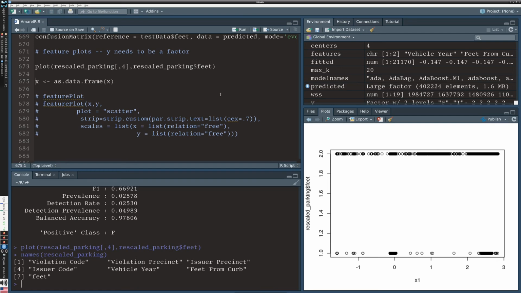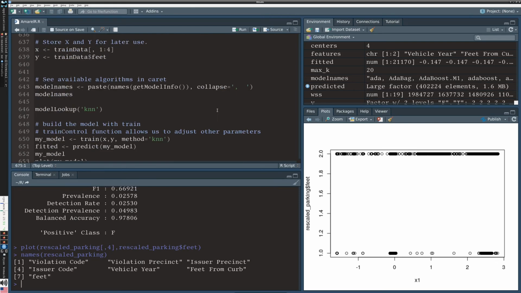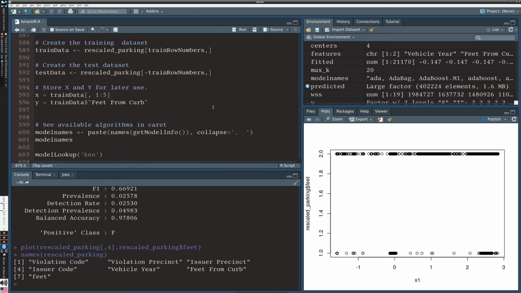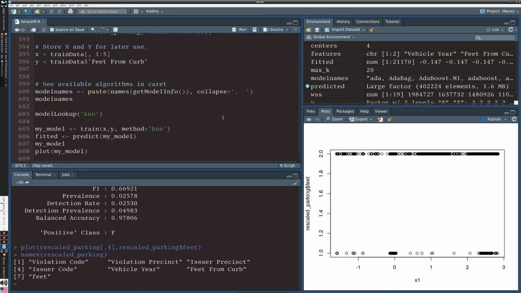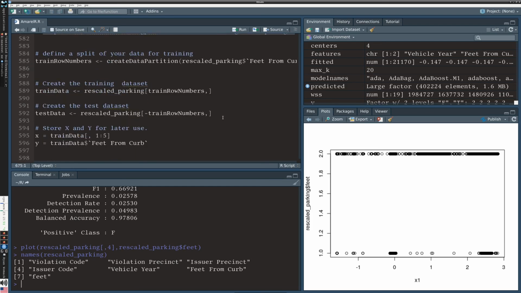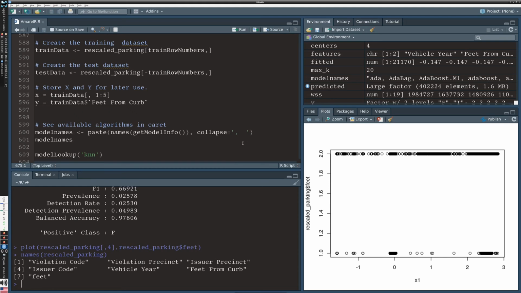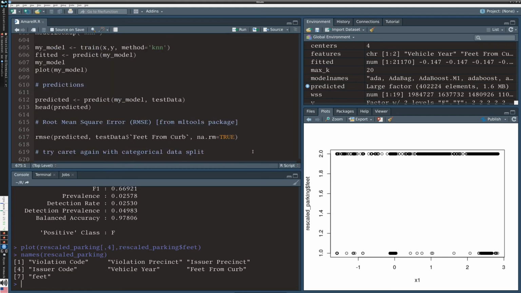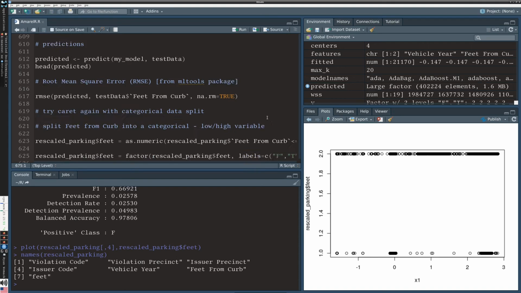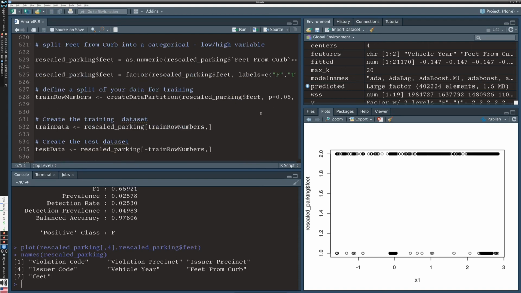But what I'd like you to take away from it is this general method that's available to you, especially the caret package, which can manage your cross-validation, your training and testing split, and the model that you use, and put it all into a nice wrapper that you can then pull your results from and see how your model actually performs in a predictive sense. So I'm going to stop here. The final segment will be on neural networks, and it'll be a little bit different content to what we've seen right now. So thanks for